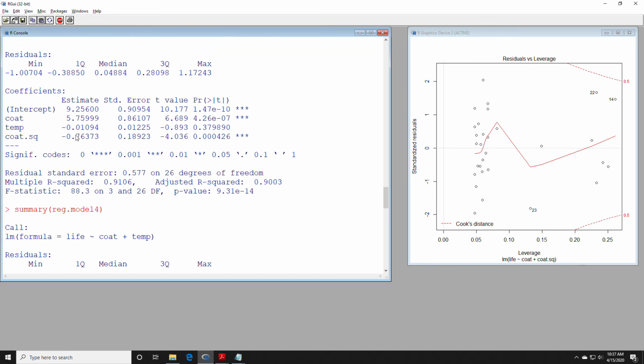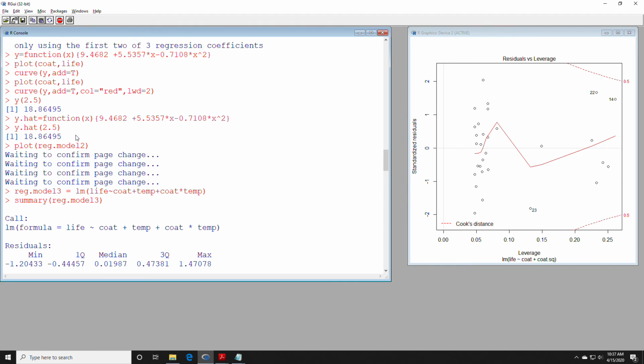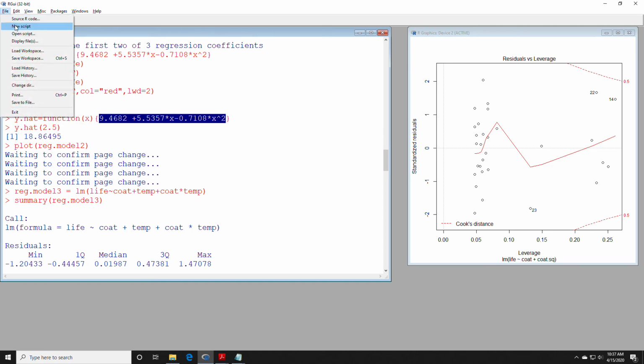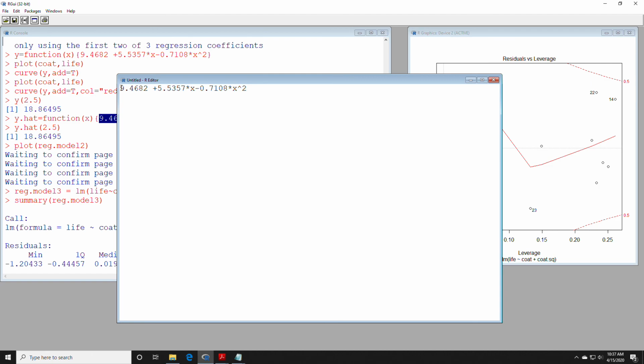I'll go ahead and put it in the other page. So this is our regression equation. And so plugging in 0 for x for coding just eliminates those. And so we have that